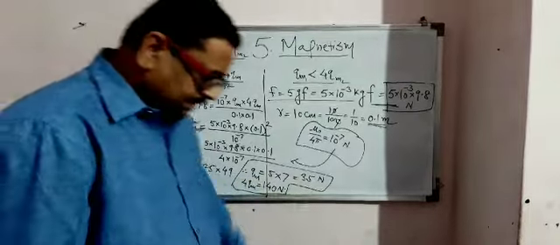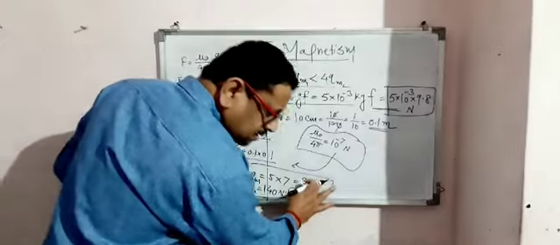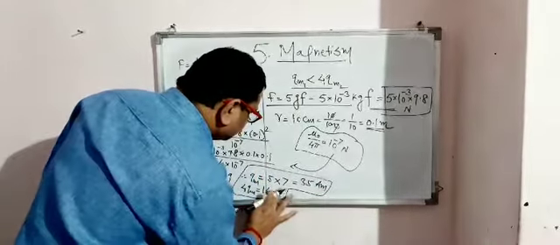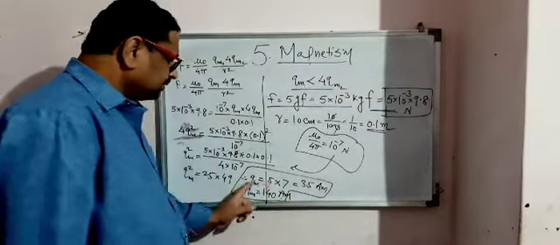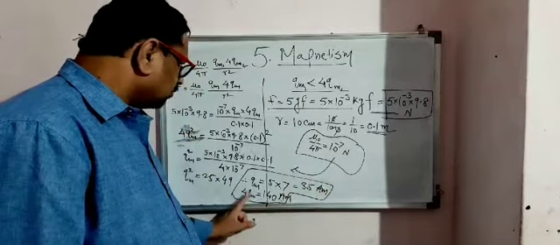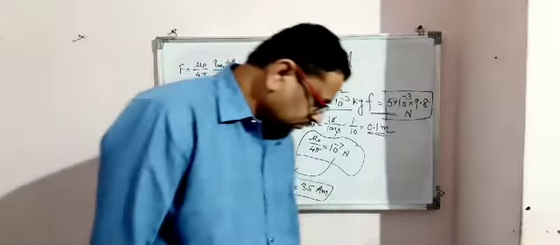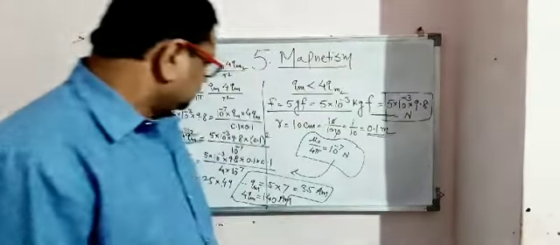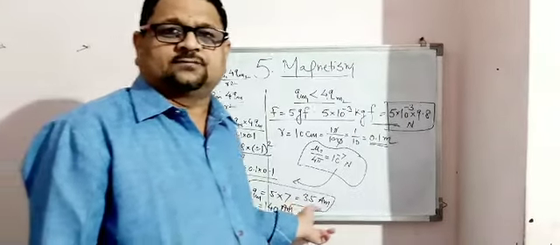QM will be 35, not Newton, the unit is ampere into meter. QM will be 5 into 7, 35 ampere into meter, and 4 QM, multiplied by 4, will be 140 ampere into meter. Okay, 140 ampere into meter. So this is one of the applications of Coulomb law of magnetic force.